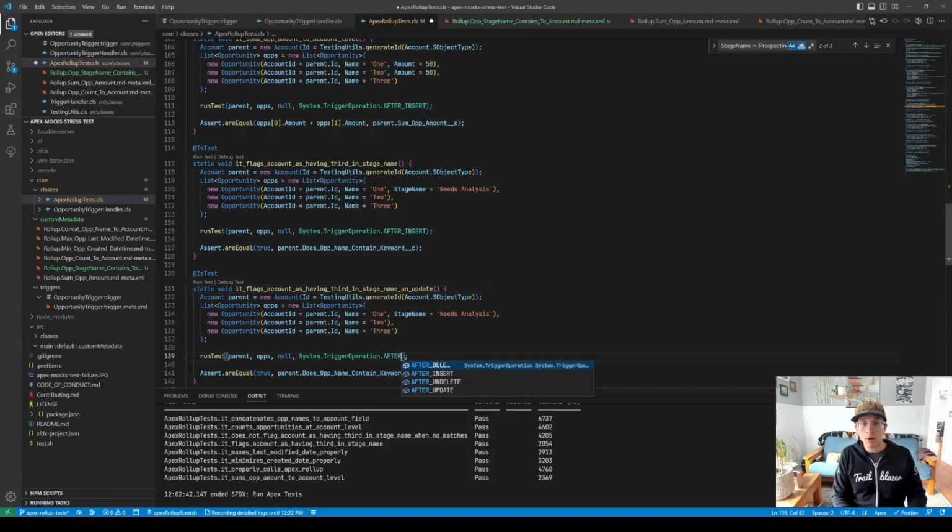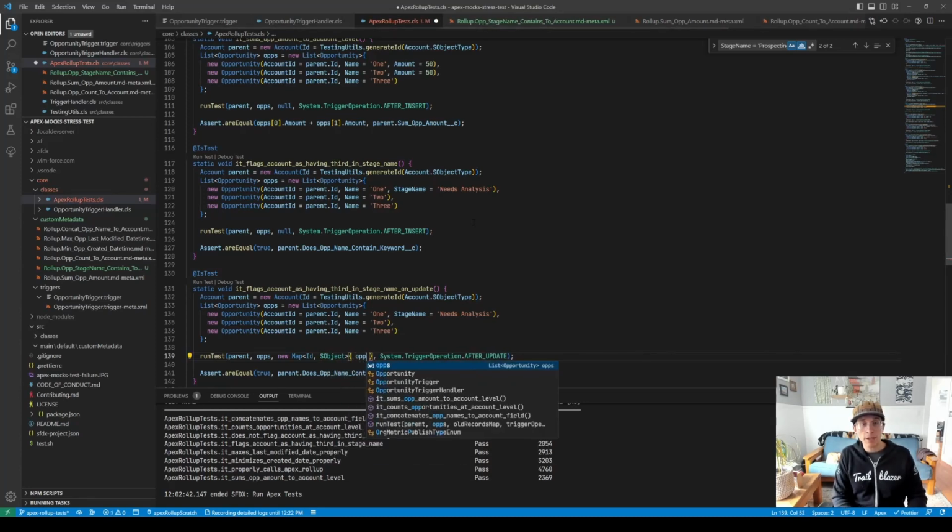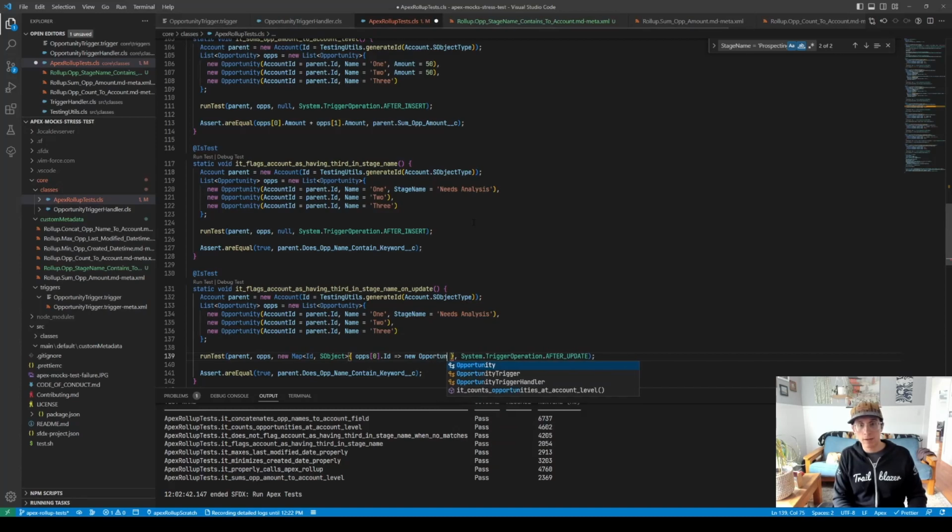And in this case, I'm also going to be including for the first time this value, which is our old records map, and I want to use the first opportunity, but I want to create another version of this opportunity where I basically want to take this exact opportunity here,